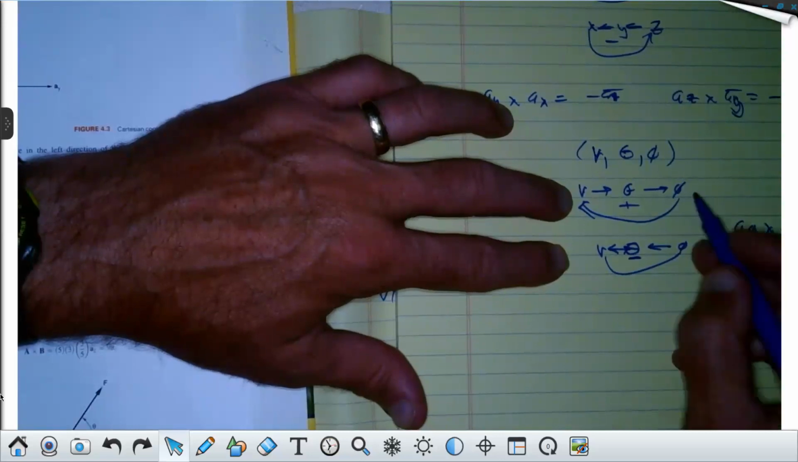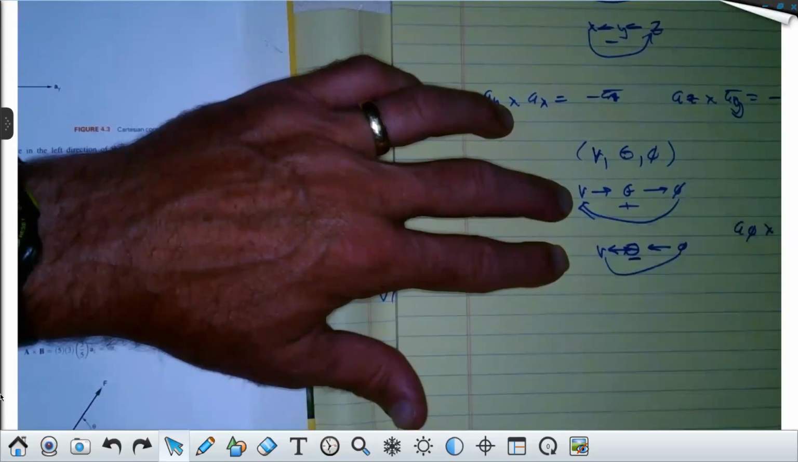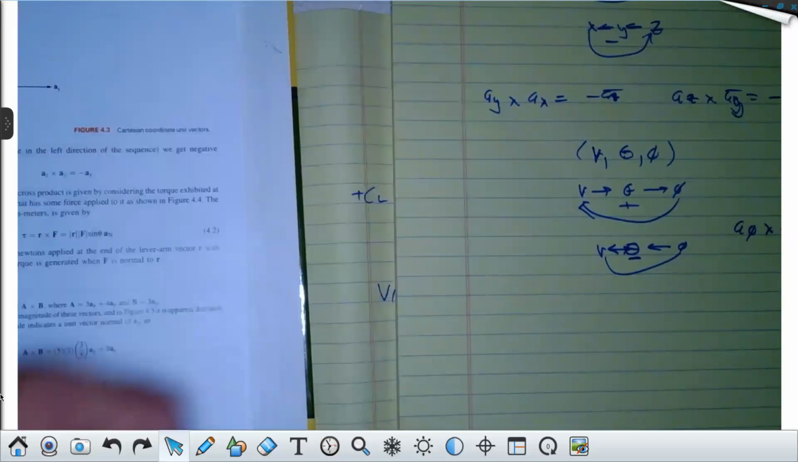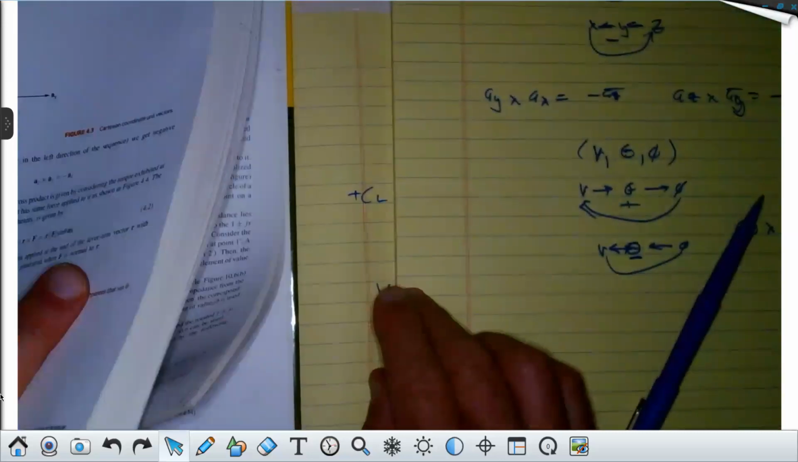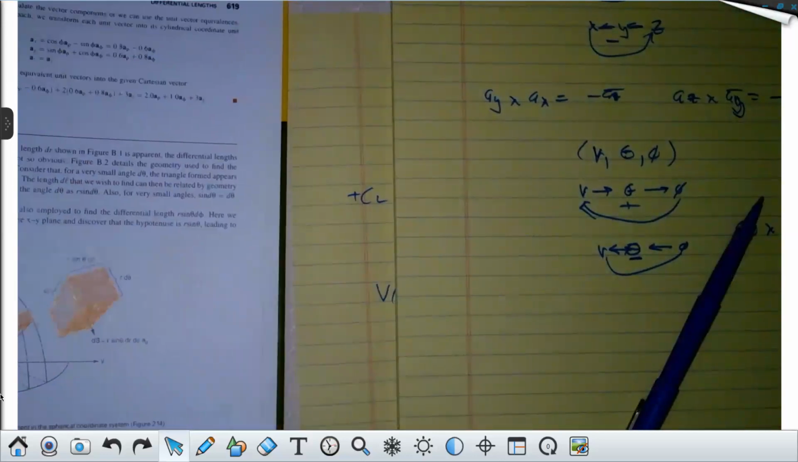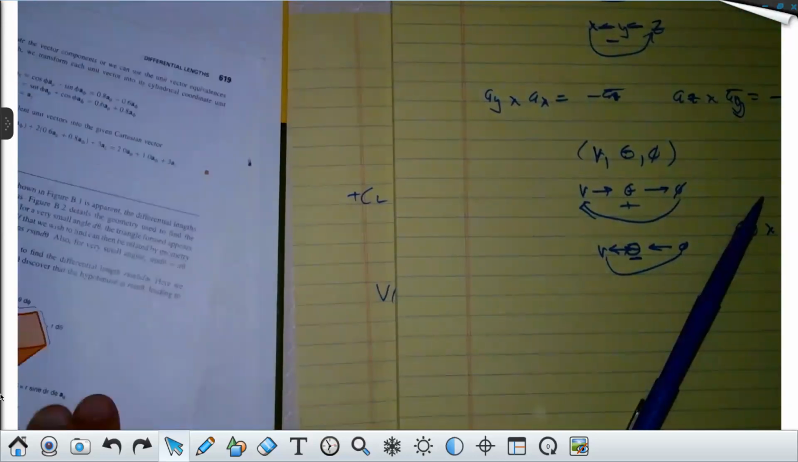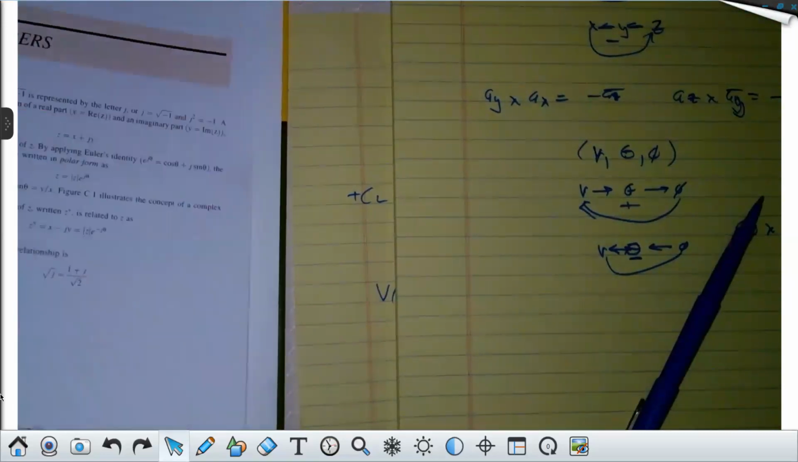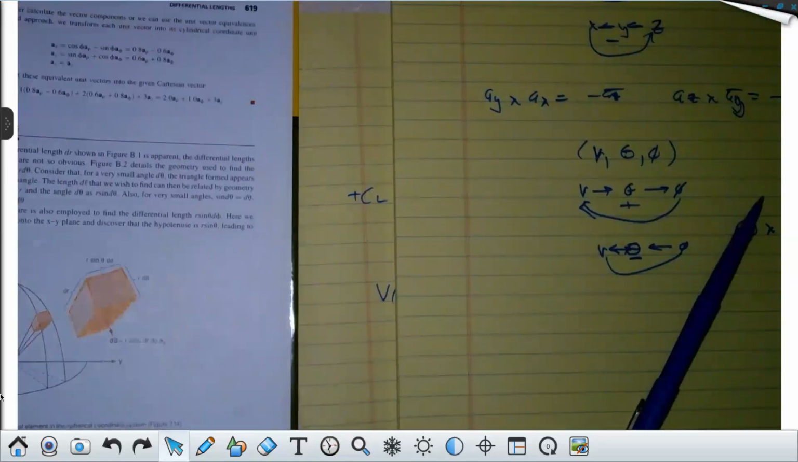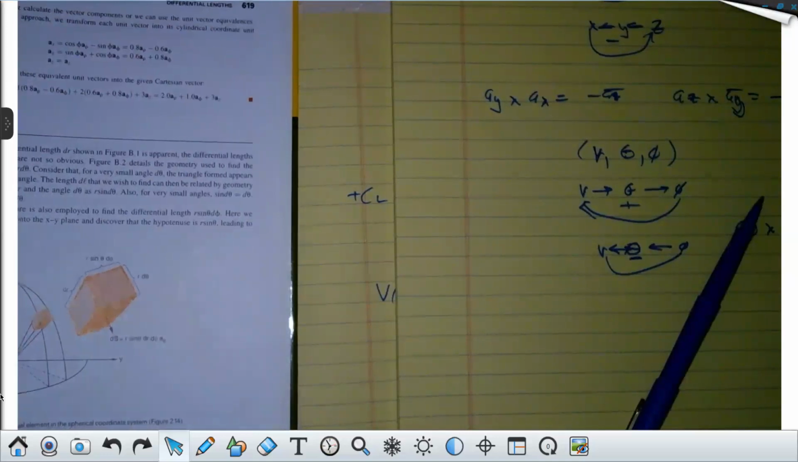A theta, A phi crossed AR is A theta, right? Are you good with that? Everybody? I don't know if Whitmer's book has this. It might somewhere, but this is something that the crossing operations,